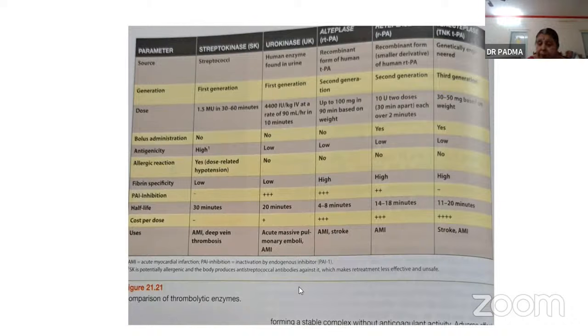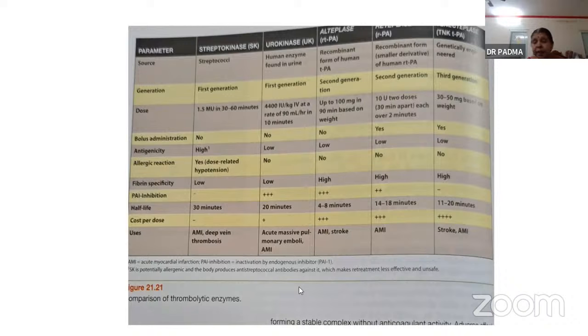Alteplase is fibrin specific. It does not bind to circulating fibrin. So what happens? The bleeding is less, or we need not see bleeding to a very great extent as we see with streptokinase or urokinase. And the dose is also very less, that is 100 milligrams in 90 minutes based on weight,